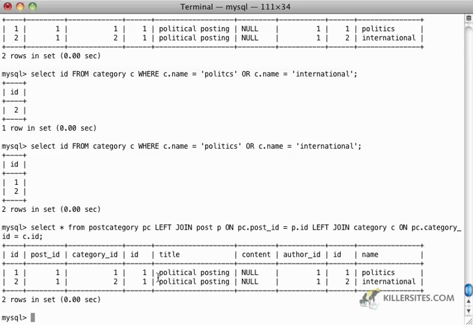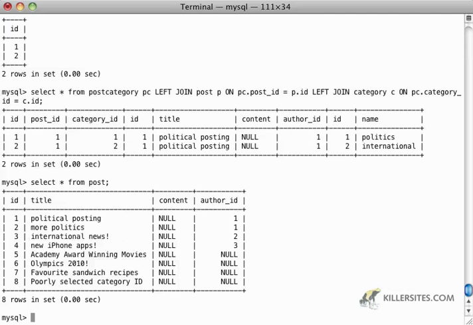So in this case, I'm getting a duplicate title for a political posting because I've got two category names for it. If I wanted to get all of the categories for a political posting, then I would just left join on one side. So I would probably start by saying select star from post, and I would get all the posts, and then I'd say, oh, okay, there's a political posting with an ID of 1. And then from there I would say, okay, select star from category where ID is equal to,